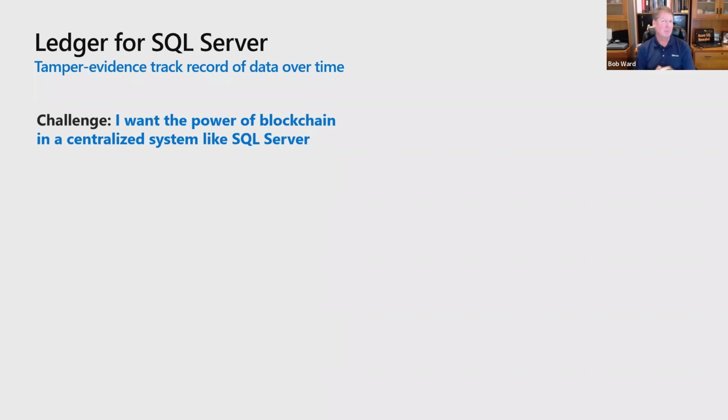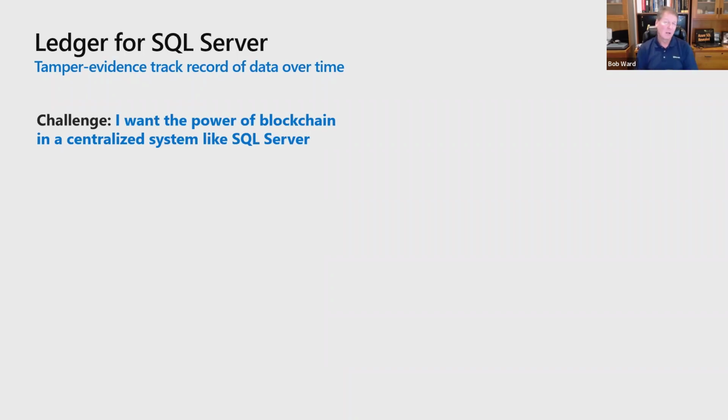So maybe you saw in the keynote, Peter Van Hoff talk about Ledger for SQL Server. And I want you to keep this in mind. If you've thought of the term blockchain before, you've probably associated it with Bitcoin mining. And there's no question that technology has been used in that industry, but that's not what it's actually intended for. The whole idea of a blockchain is this statement: tamper evidence track record of data over time. You can actually go look it up and see a definition that looks like that. So it's not tamper proof necessarily. You can't prevent things with a blockchain, but you certainly can get an evidence track record of tampering, which is